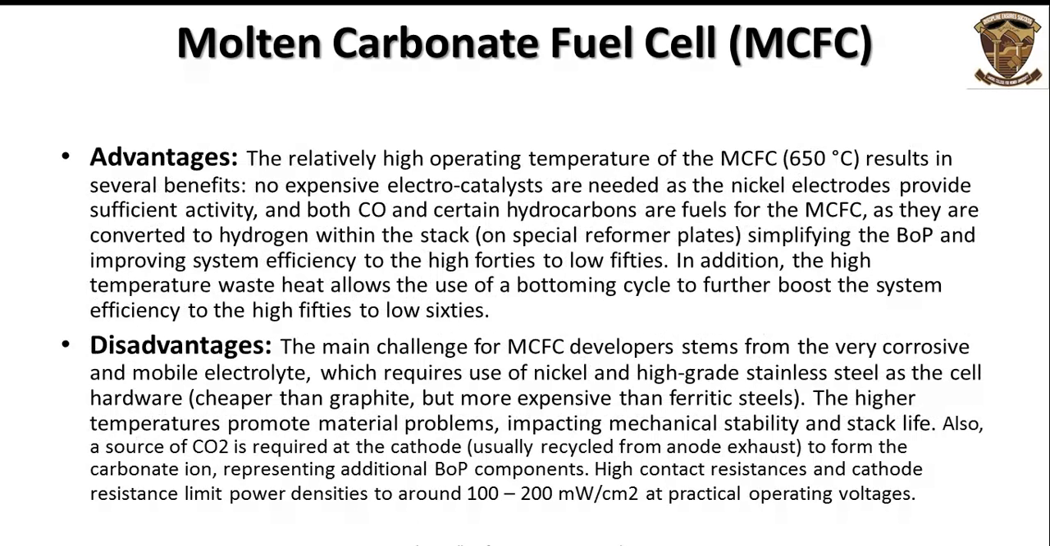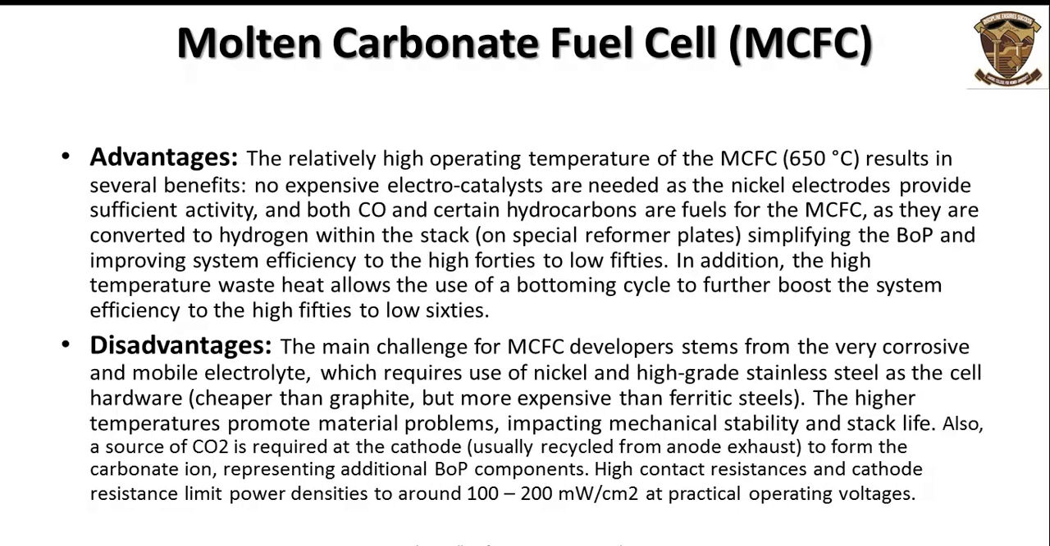So, there are some advantages and disadvantages of molten carbonate fuel cell. For advantages, the relatively high operating temperature of molten carbonate fuel cell, that is 650 degrees Celsius, results in several benefits. No expensive electrocatalysts are needed as the nickel electrodes provide sufficient activity, and both carbon monoxide and certain hydrocarbons are fuels for the molten carbonate fuel cell, as they are converted to hydrogen within the cell,